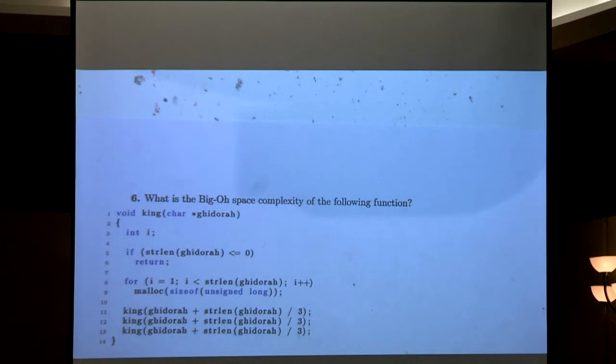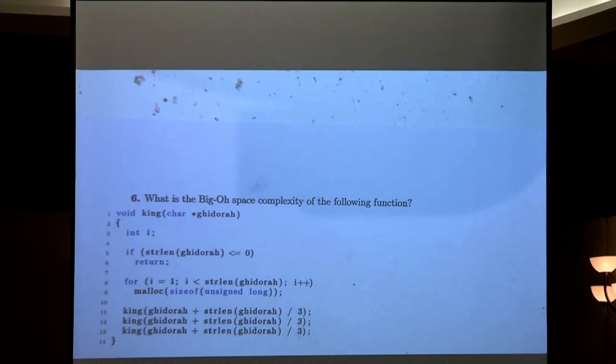So it's taking up space from malloc, and it's taking up space from the recursive calls. There are two places that I'm taking up space here, two places in memory. It's taking space on the stack and the heap in my RAM. But I don't know how to figure out... divided by 3 every time. Mm-hmm. So